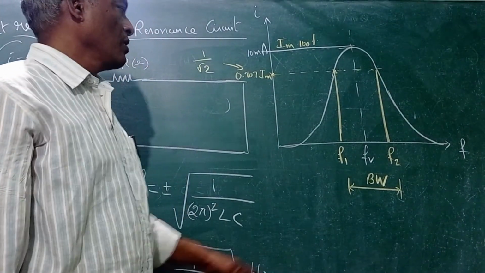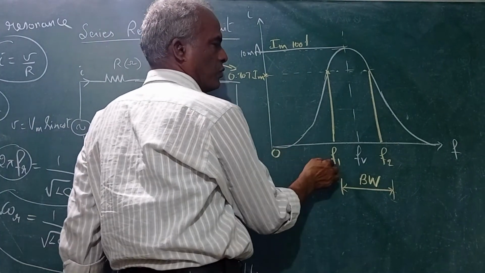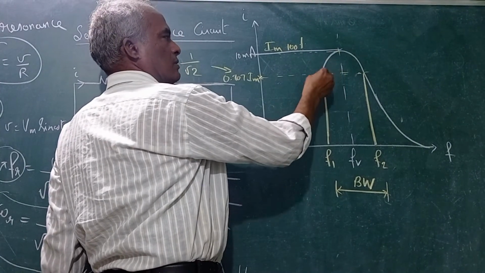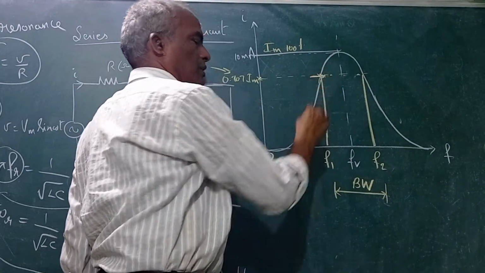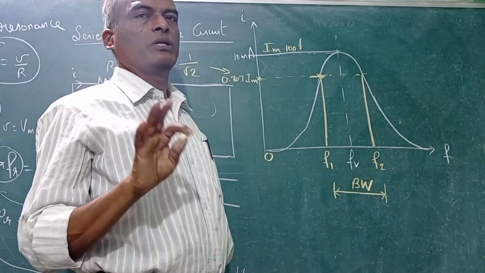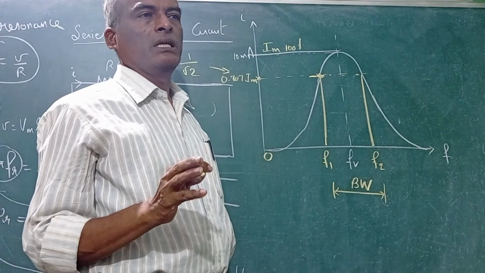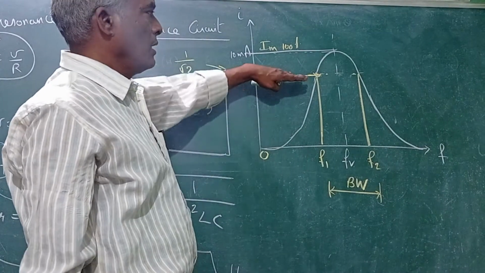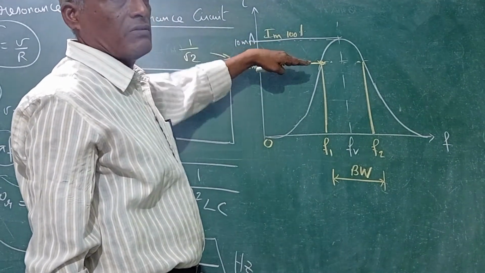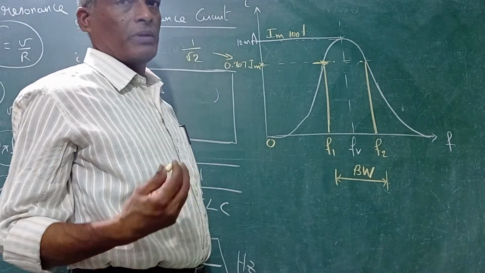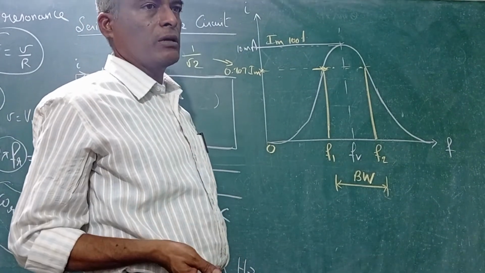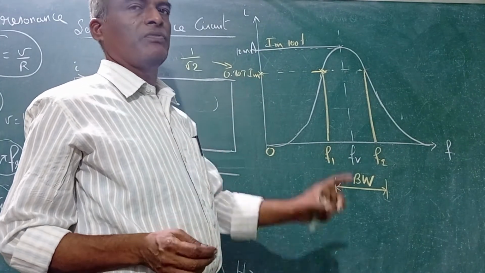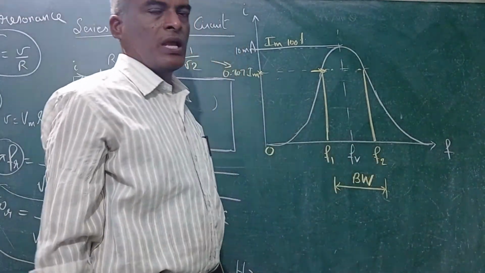That means you have frequencies right from 0 to F1 and above F2 also. But anything above this value, 70.7% the maximum value, those frequencies are accepted. Accepted in the sense it gives reliable output. But for frequencies less than F1 or greater than F2, the value comes below 70.7%. Sometimes you may get the required data, or the data may be off due to noise signal. So we won't rely on those frequencies. So the acceptable frequency range is right from F1 to F2.